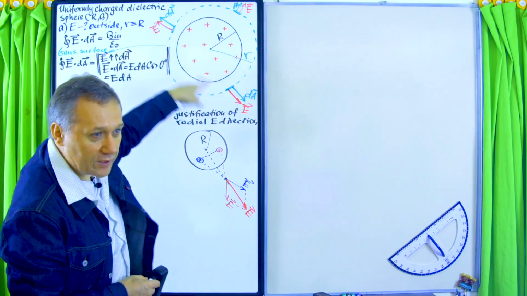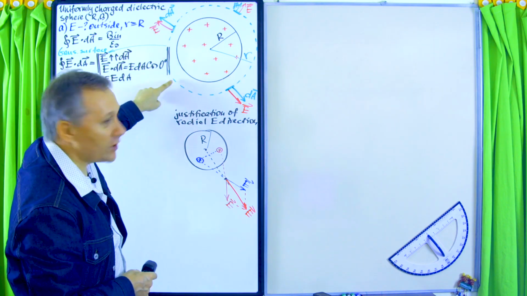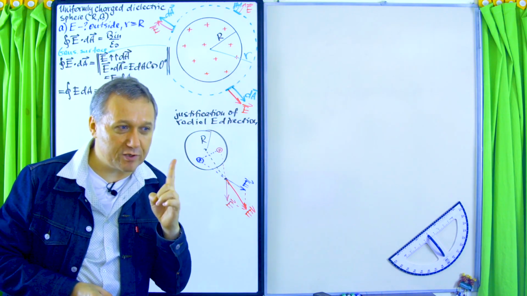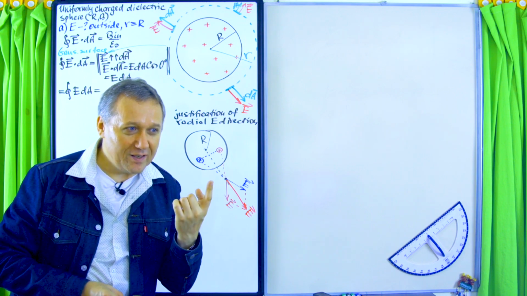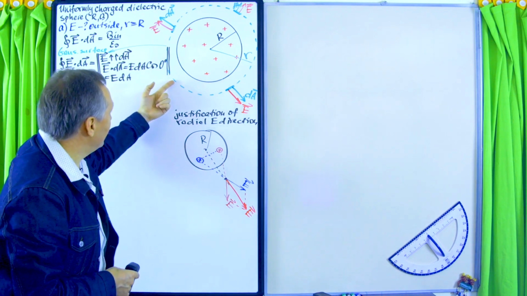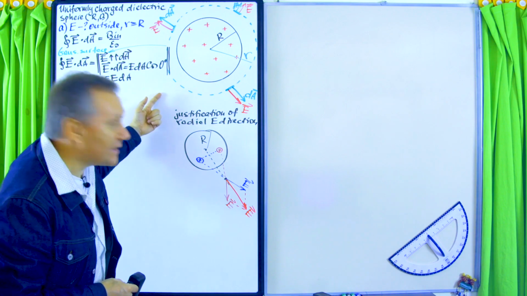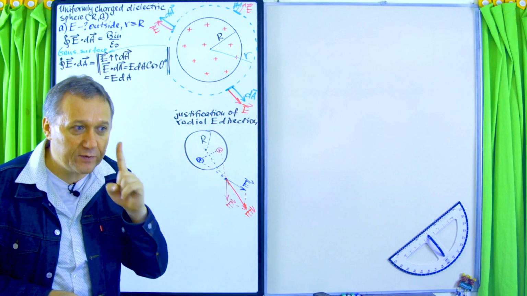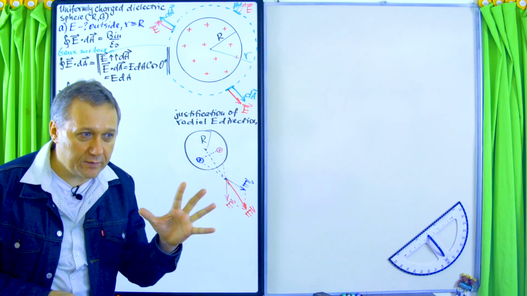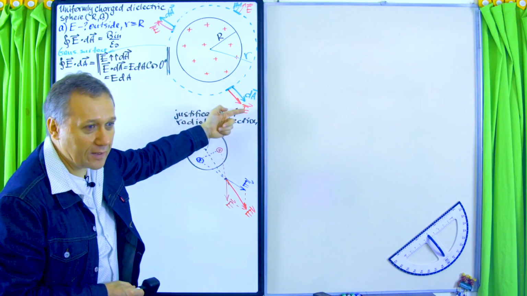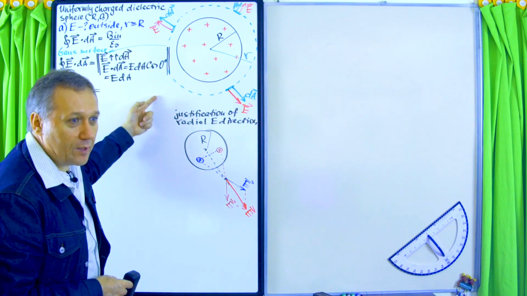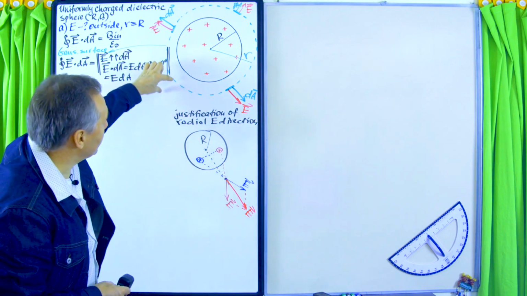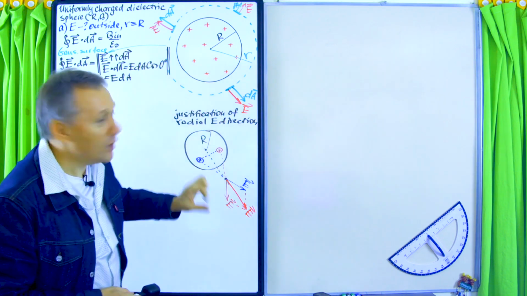Of course, because of the spherical symmetry, the distribution of charge, if you look from this point, will be exactly the same. It means what? If your distribution of charge is exactly the same, it means that the electric field strength at this point will be exactly the same as here. Magnitude of the electric field strength, of course; directions are different. Electric field direction over here is that way, over here it will be this way. But we need to know about the magnitude, and the magnitude of the electric field over here, here,